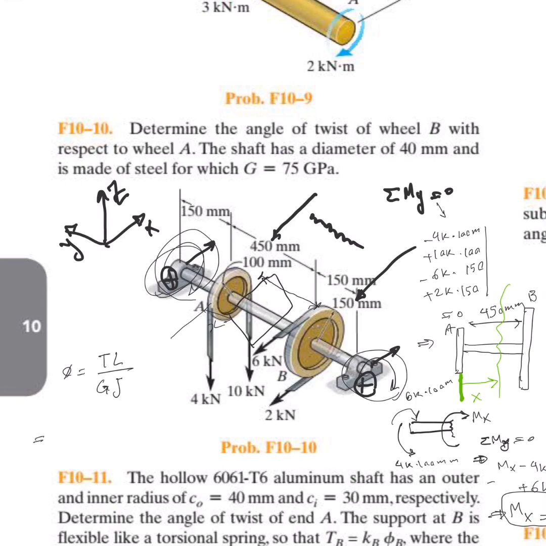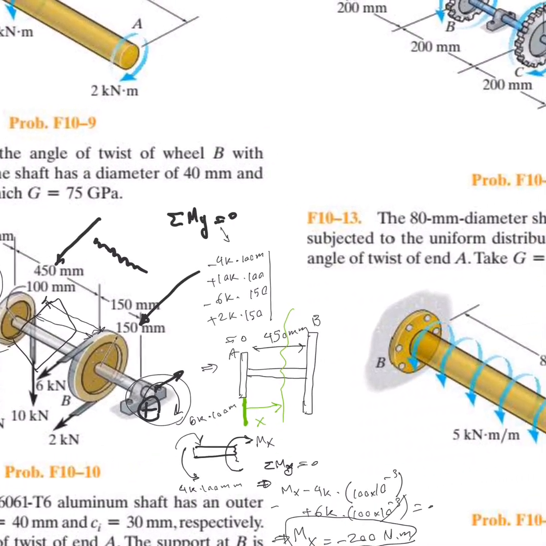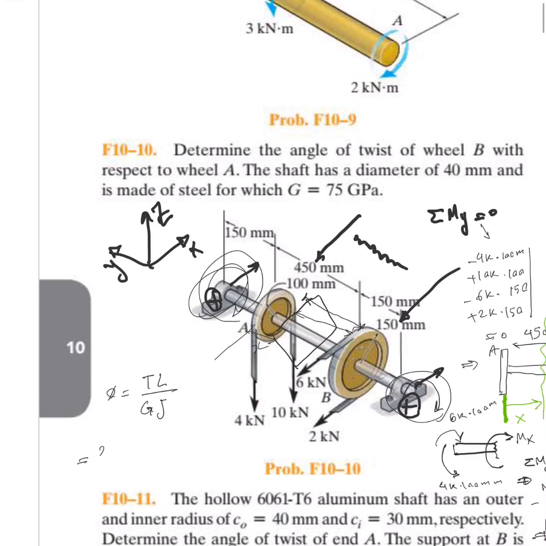Then I substitute for the torque in this region the negative 200 Newton meter times the L, which is 450 10 to negative 3, divided by G, 75 10 to 9 is giga, times J, pi over 2